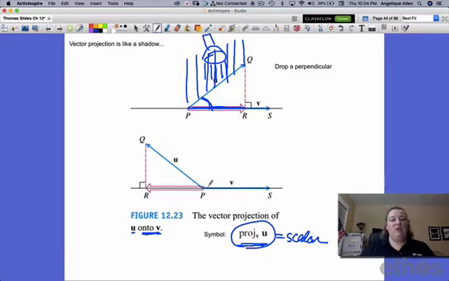This angle must be acute. But let's look at it this way. The angle between u and v is obtuse. So how does this work in that case? Well, if we were to have our flashlight projecting light straight down again, then this is going to be the shadow, and that's going to be the projection of u